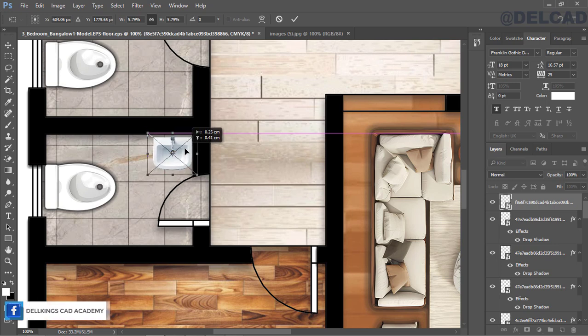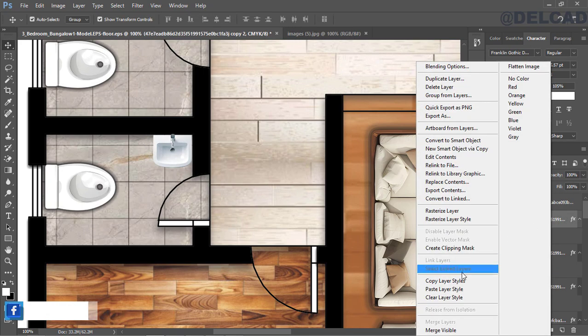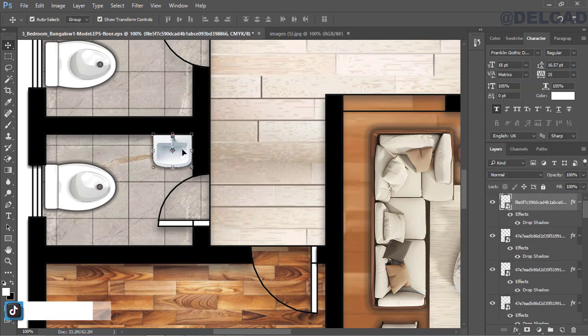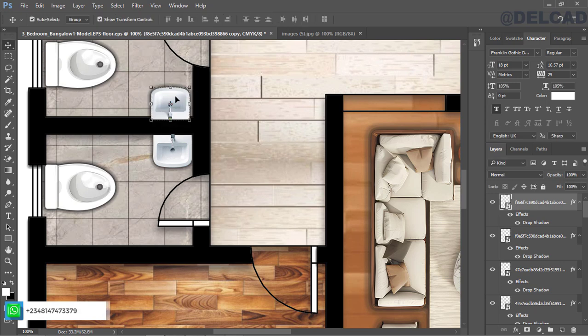First one is going to be placed here, and I think this is okay. I'm going to go ahead, copy the shadow from the previous layer and paste it on this very particular layer to look photorealistic. Ctrl J to duplicate this, and we have this sink on this other area as well. Ctrl T to transform. We can then rotate this by 180 degrees, and we can go ahead carefully have this